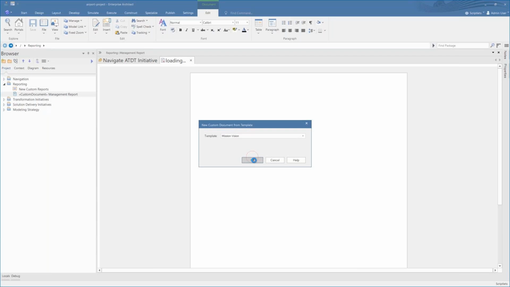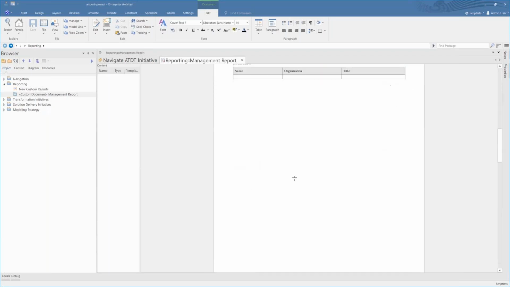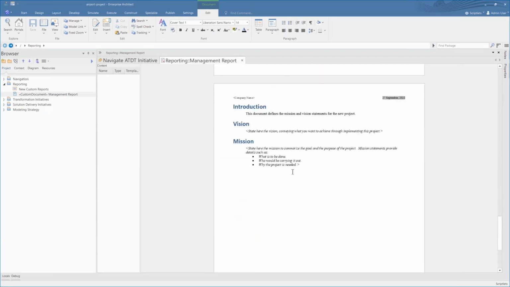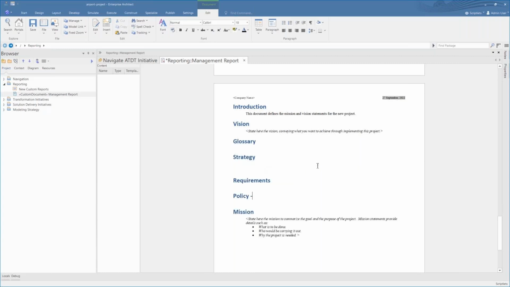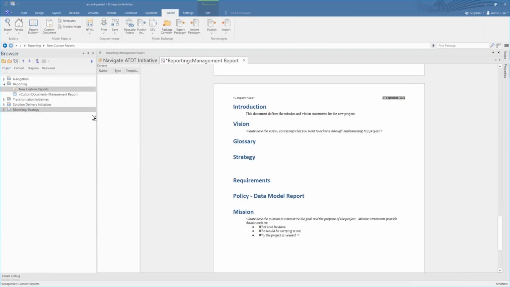I'm just going to use the mission vision one, so I get a table of contents, but I can modify this. So I can come up with my own headings, my own titles, my own topics, and I can, of course, which I'll show a little later, go back and edit the template completely so that it suits my individual needs. But just to get up and running quickly, I've modified the template, I've included some new sections.